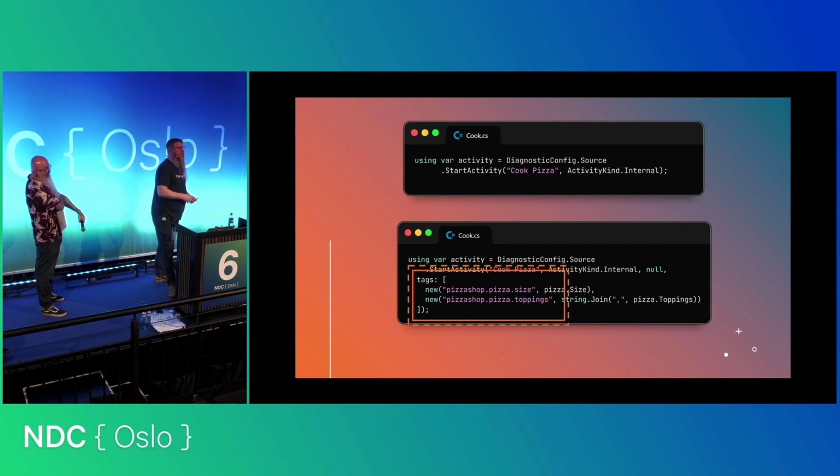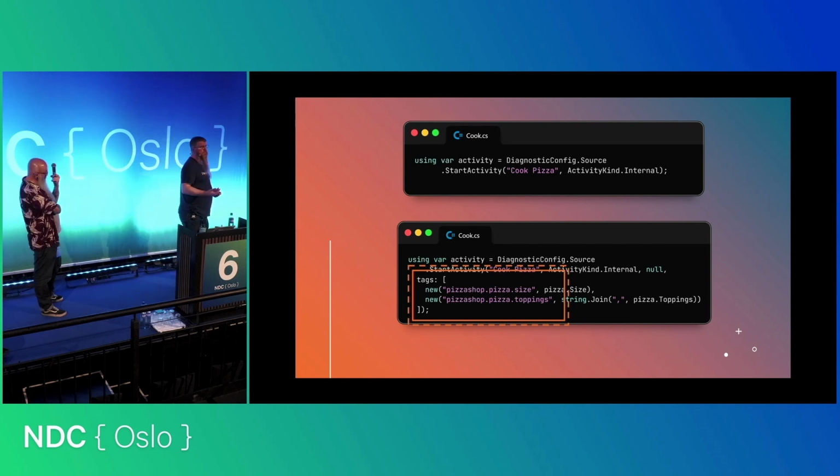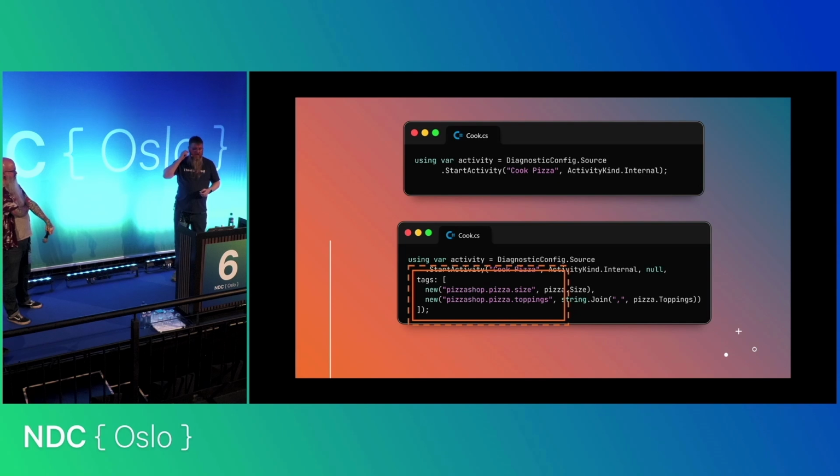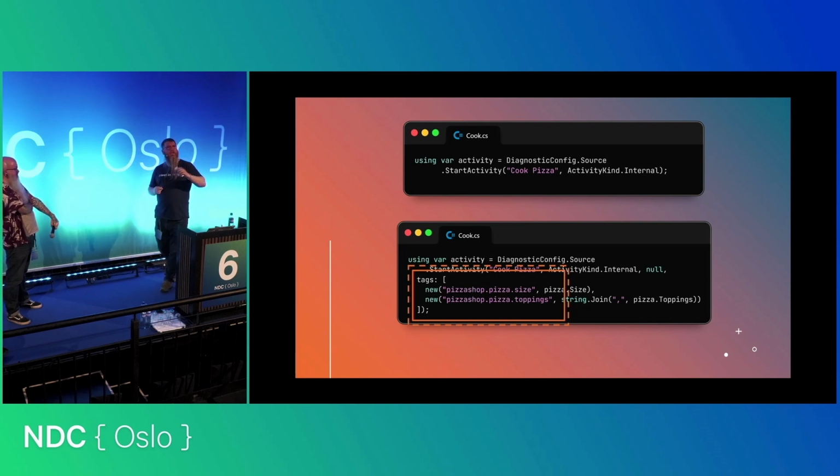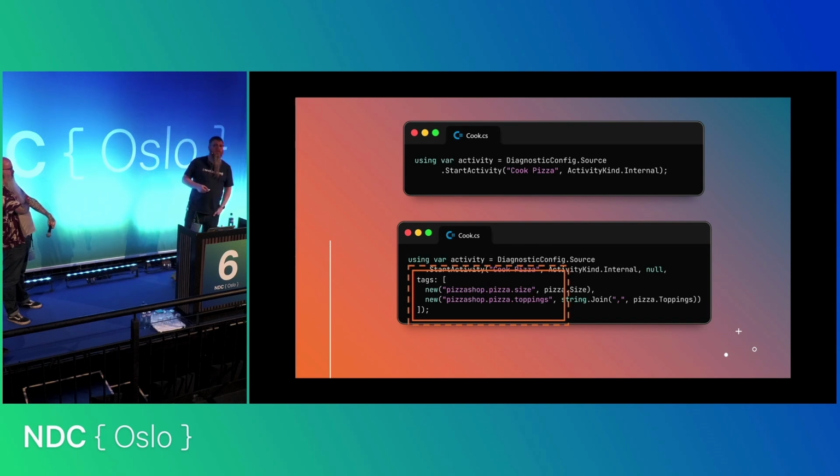And that's fine when we're only looking at one action. That's fine when we say this particular span or this particular log entry is the only one we care about. When we start to think about these things in aggregate, naming becomes quite important.